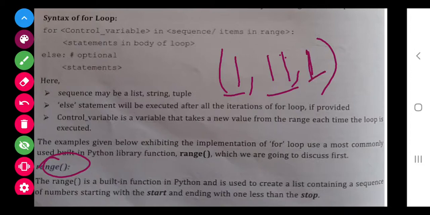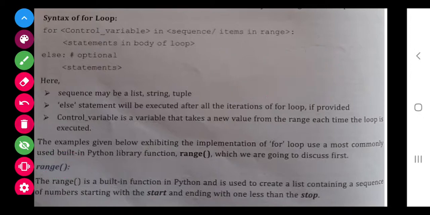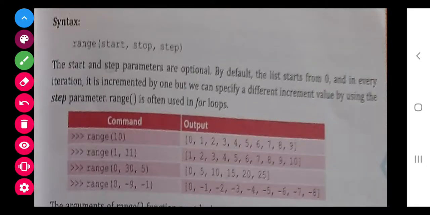So 1 gap I want, then I have to write 1. Now see, if you write only the stop, then it will display from 0 to 9. When you write 1 to 11, then it will go from 1 to 10.